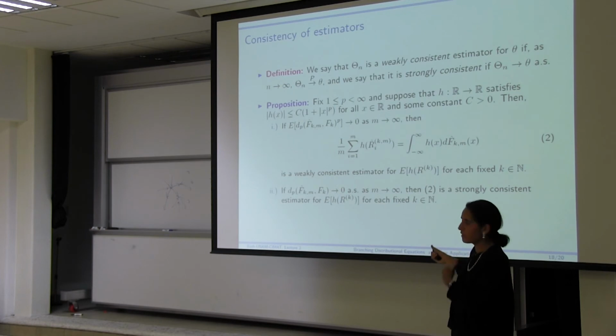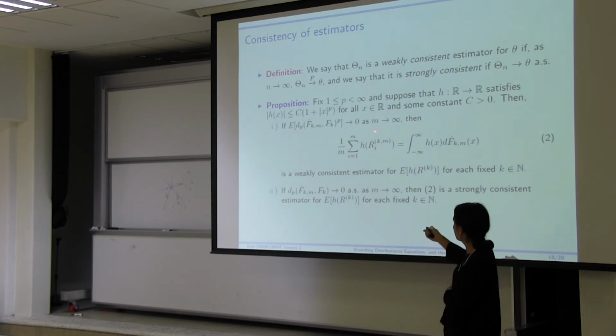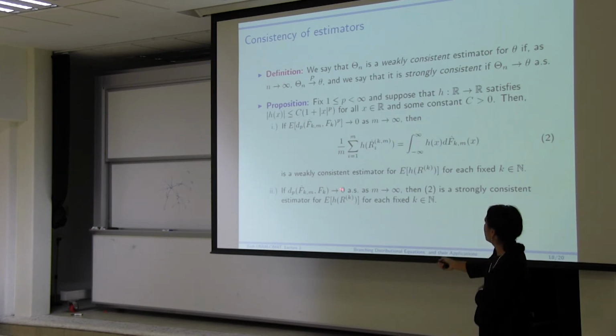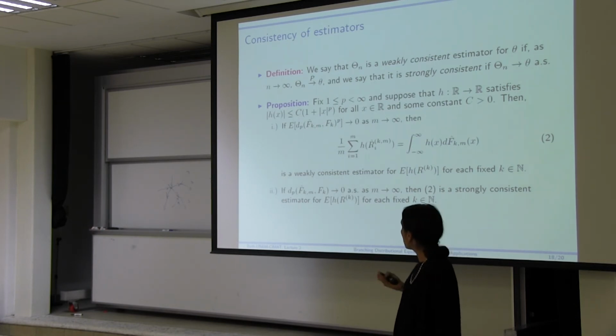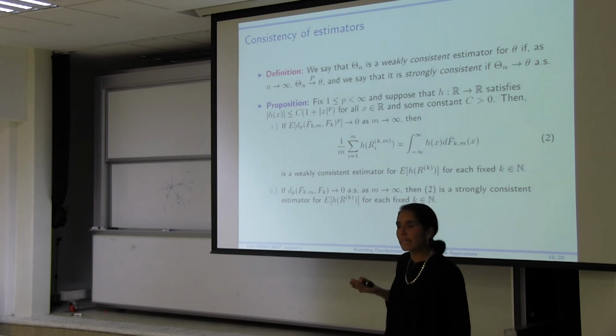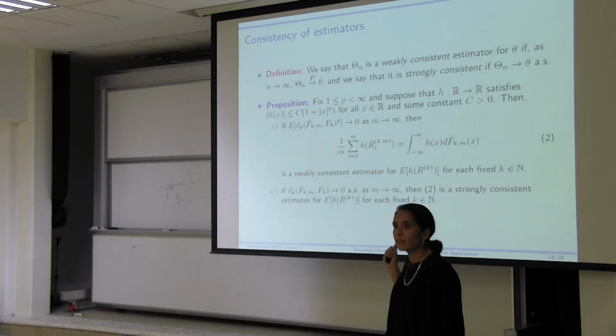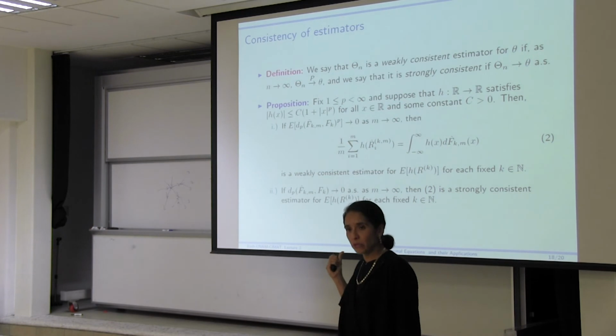Again, this is a consequence of the Wasserstein metric going to 0. And if you can argue the almost sure convergence of the Wasserstein metric, then it's a strongly consistent estimator. So those are the kind of results that one wants to have in terms of knowing that what you're doing is accurate. In practice, even if you're not sure that a fixed point exists, at least you know that it's not because of the algorithm. The algorithm is working.